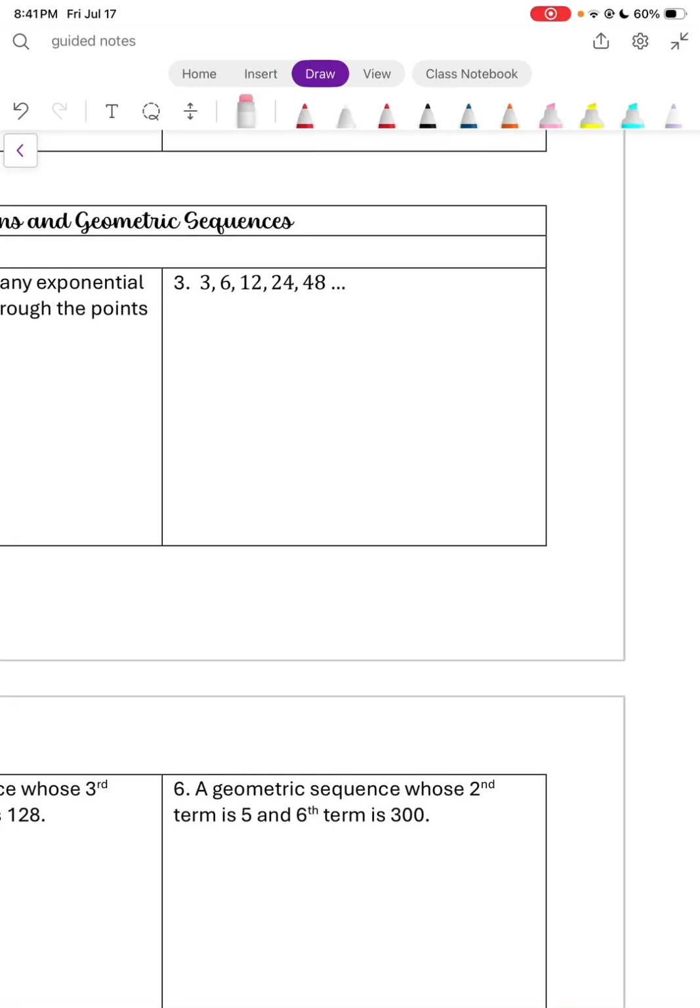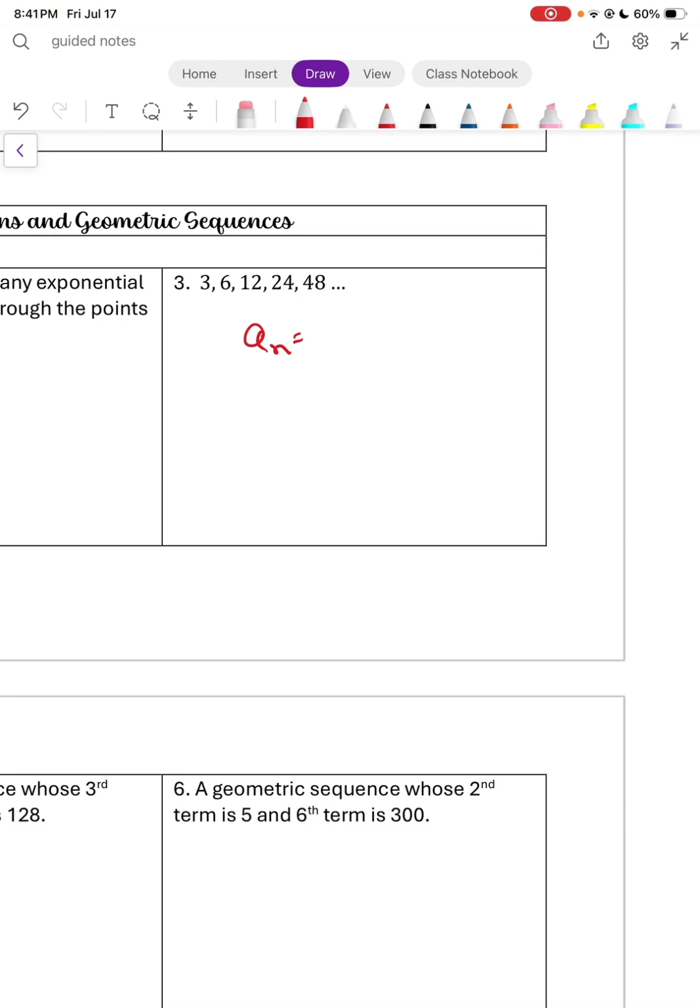Okay, now let's find the equations of geometric sequences. If you'll go back and watch my video about exponential functions and finding those equations, it makes this a whole lot easier, and they actually help explain each other. So again, my equation, a sub n, since it's a sequence, will be,